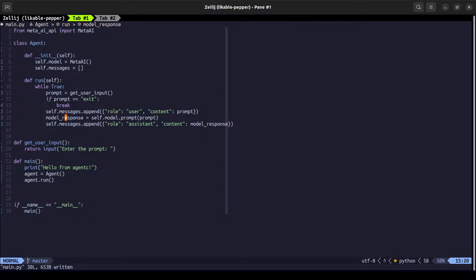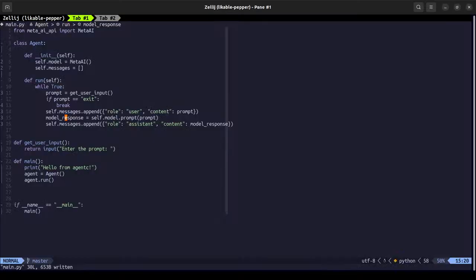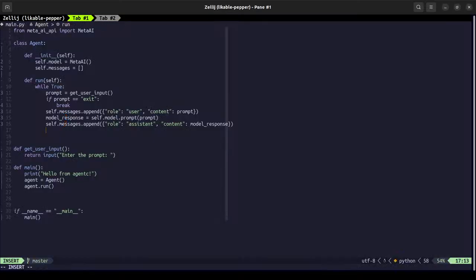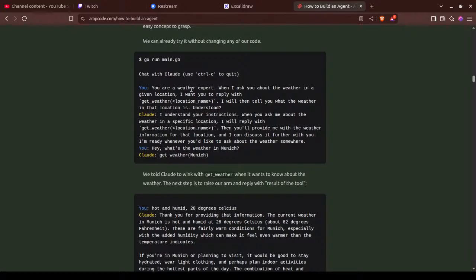I think so. I'm pretty sure. Okay, we are definitely hitting it, but we are not printing it, and that is a big thing. So let's print this and run this. This will be a keyboard interrupt. Let's try the same prompt.